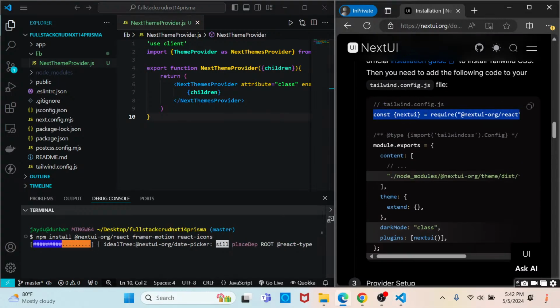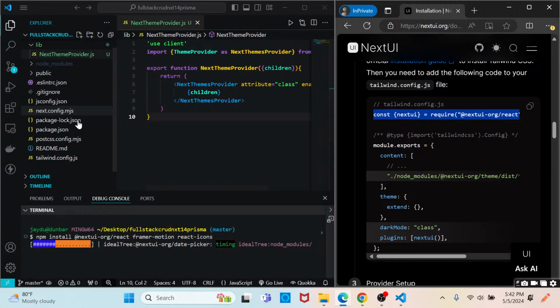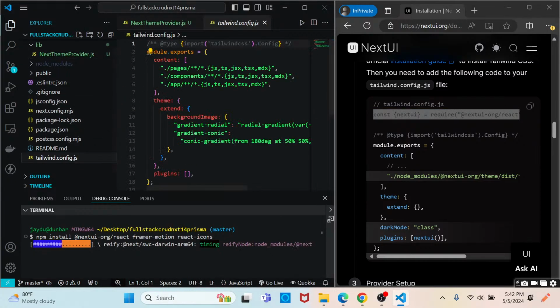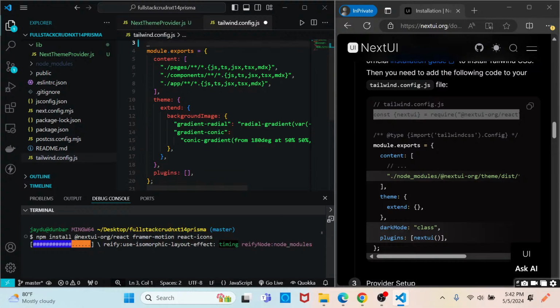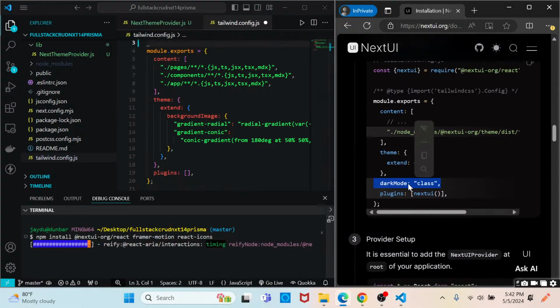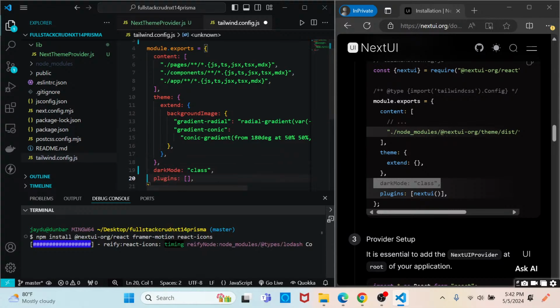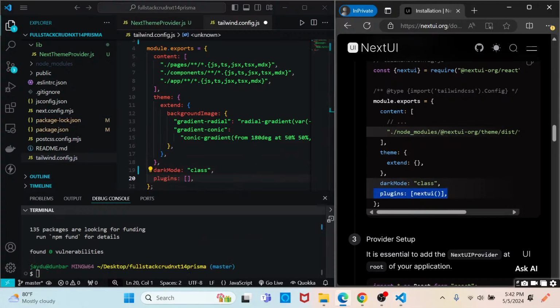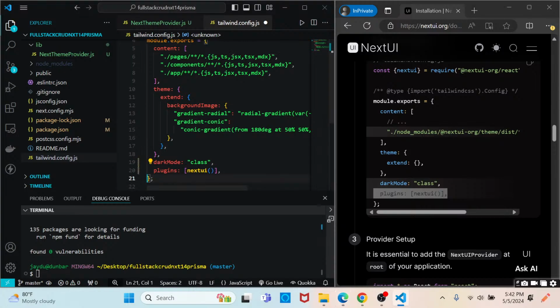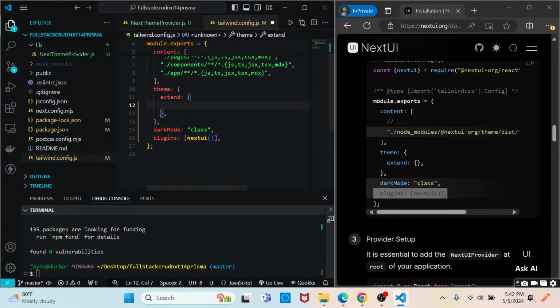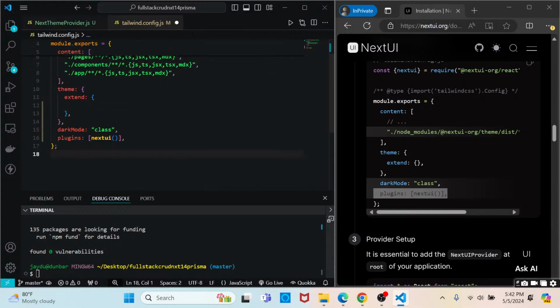And within our Tailwind config file, we'll need to bring in a few commands. So I'm going to add those while it's installing. We'll need the dark mode right above the plugin, and we need to update the plugin with the NextUI plugin. And I'm going to remove the background image. I do like to have a little bit of consistency throughout the project, so I'm going to remove this background image